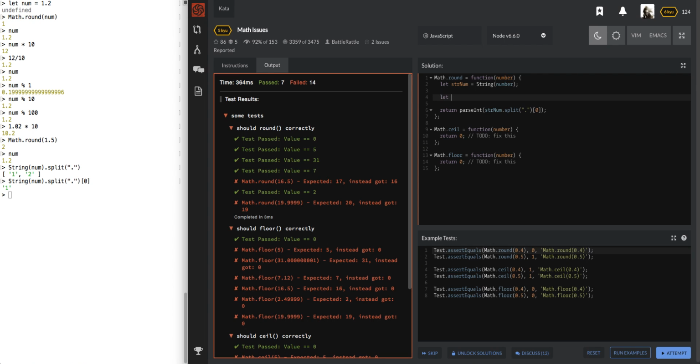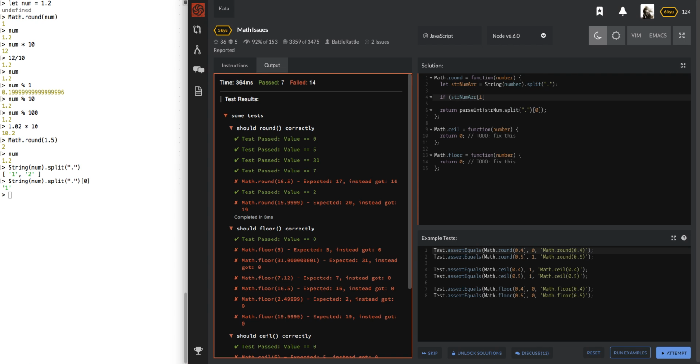So string number, we don't really need that string number. We only ever need the array of it. So we're going to do string num r, and if string num r of 1, because it's only ever going to be split twice,